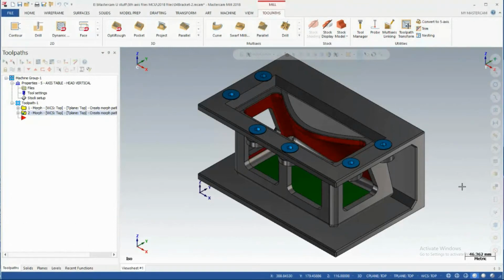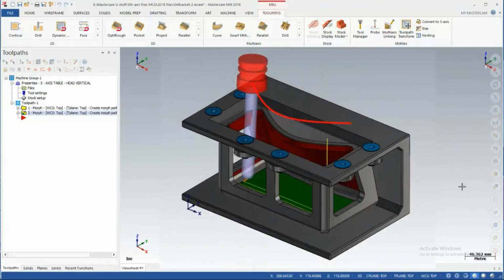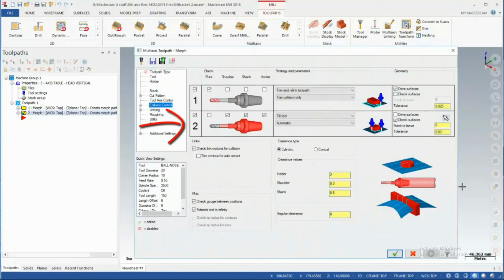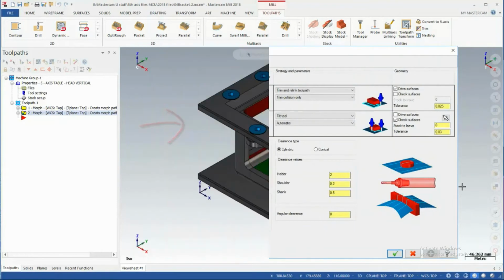In this video, we are going to make some changes to the tool axis control and collision control. In the previous video, we had set up the tool control to use a chain for the holder and linking of the tool. Then we made some changes by adding a new strategy to the collision control, so the tool was no longer